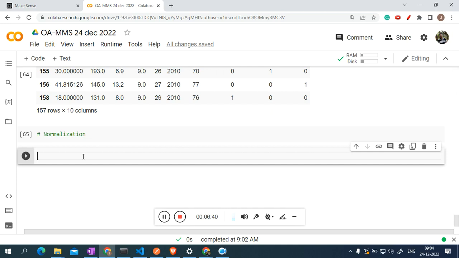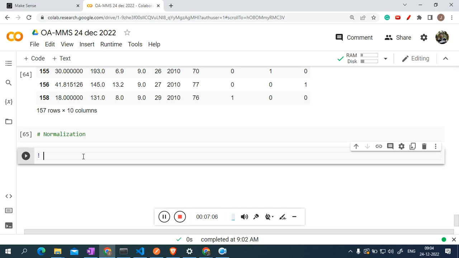Because one is very large. Sometimes if we plot a graph, you can see we are unable to visualize the data properly because of this variation in the data set. One data point has a large value and another has a small value, and due to that we are sometimes unable to visualize it. Okay, so now in normalization, what you need to do,